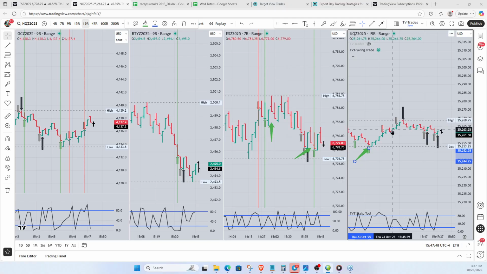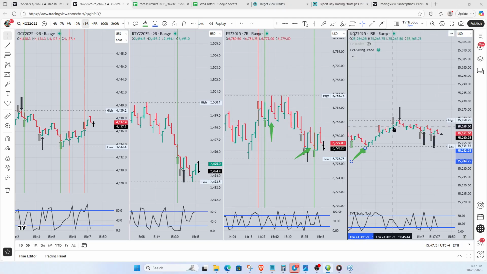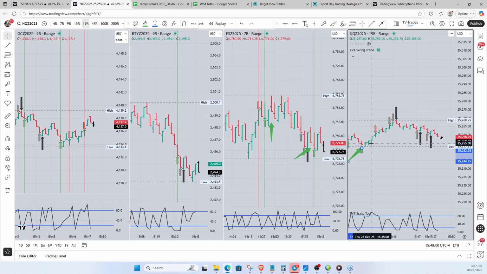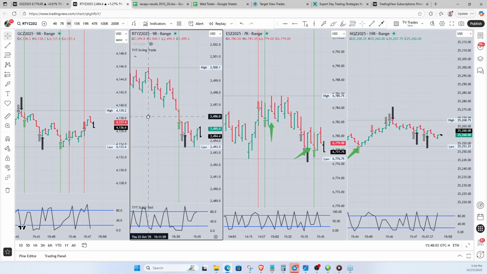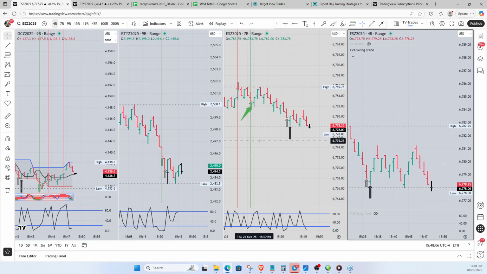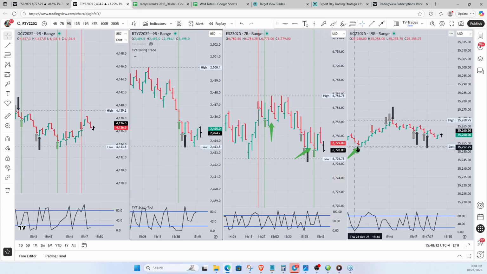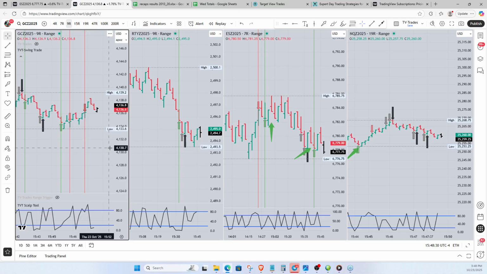You just picked up this short scalp on the NQ. Was it underneath a swing trade? Maybe? No, it wasn't. Let's look at the other one. Let's see, do we have anything going on over here? Not really. In here we had a few trades. There was this one here, I was still in the long trade when that triggered. And I was writing everything down when that triggered, and that triggered, and that triggered. And that's the one we took right there, I think. I wasn't looking at that, and I wasn't looking at that.